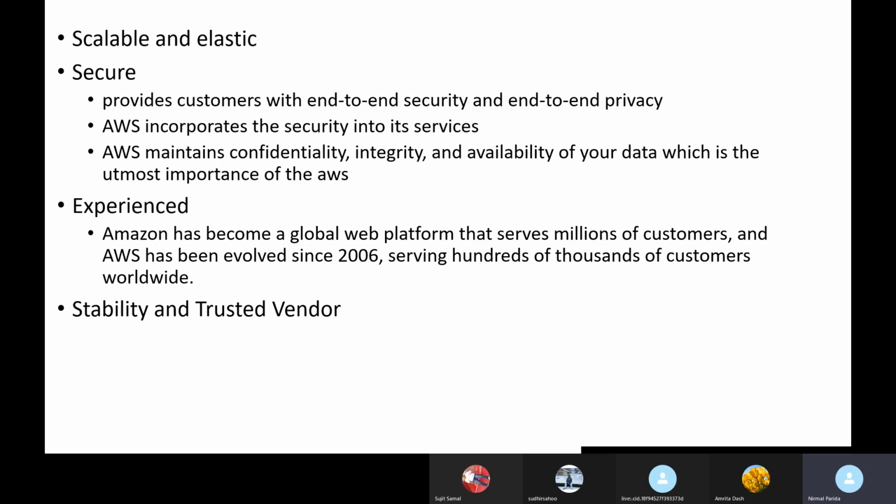Their service is scalable and elastic. Scalable means whenever you want, you can increase or decrease your services. Elastic means you can stretch and increase your resources as much as you want. There is no limit.